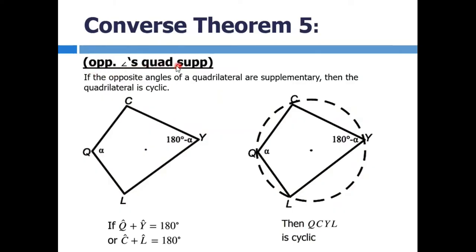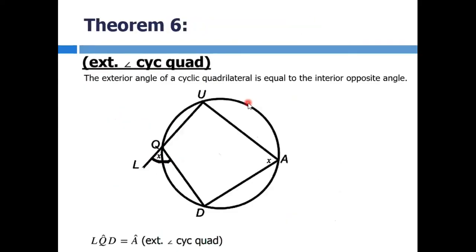And they say opposite angles of a quad are supplementary. But we're not going to do examples of those, because I feel like they're actually working backwards when you're just learning the geometry; it is very hectic. Okay, so the exterior angle of the cyclic quad. If you have a look here, we've got a quadrilateral, and